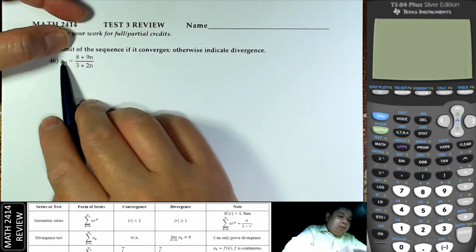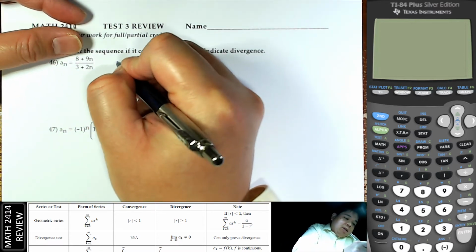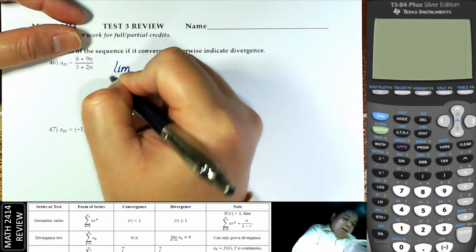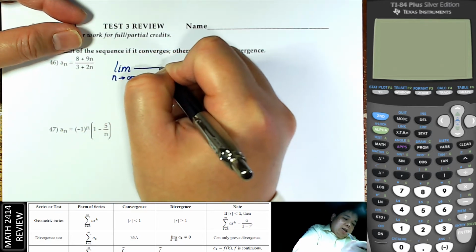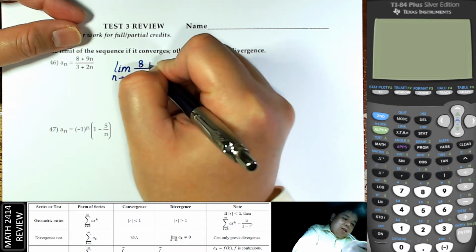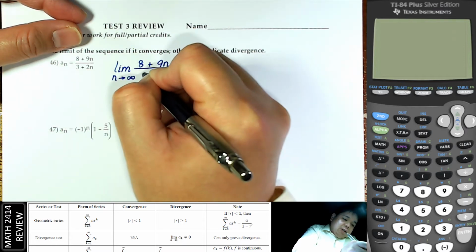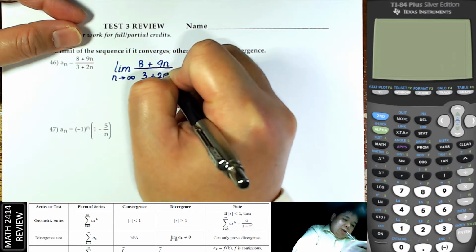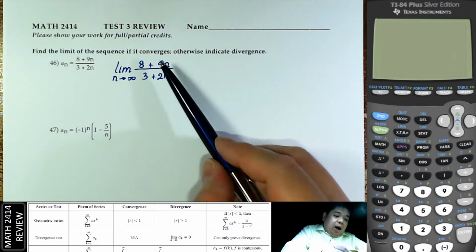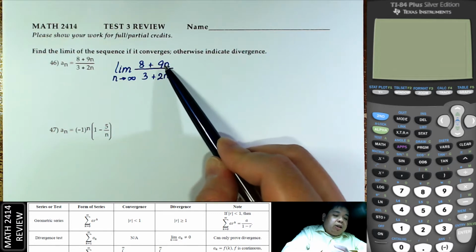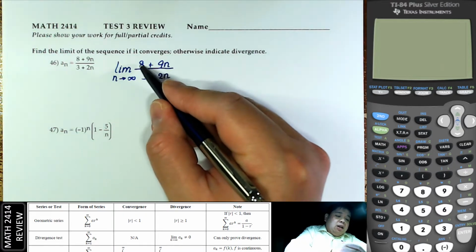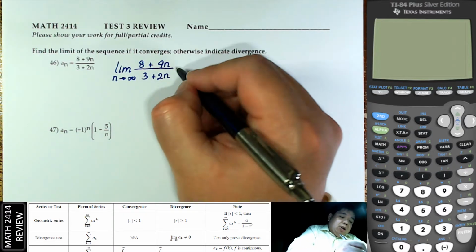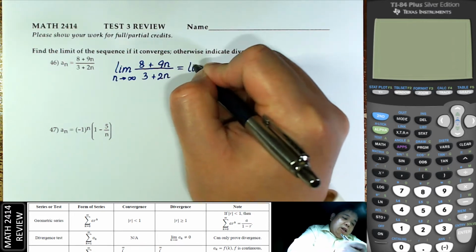Right, so I'll find the limit. We just find the limit just the same way as we do with functions. Now as n goes to infinity, 9 times infinity is still infinity, plus 8 is still infinity. Bottom line is the 9n is a lot bigger than the 8. So the limit, we could say that